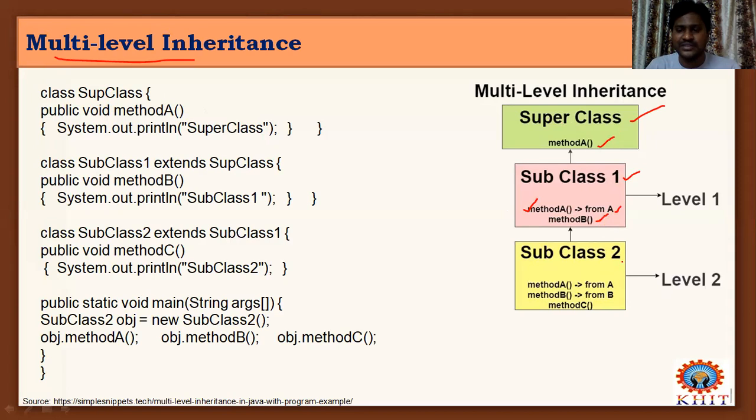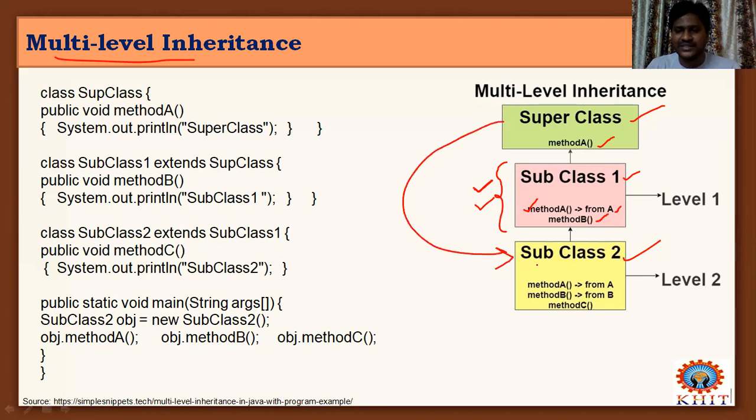And subclass 2 extends the properties of subclass 1. That means this is an intermediate class acting as a superclass as well as a subclass. So subclass 2 is a grandchild of the superclass,